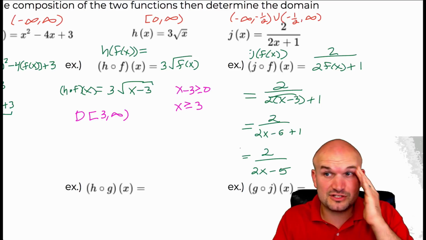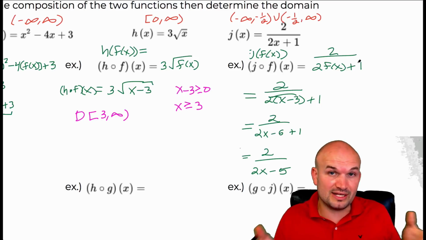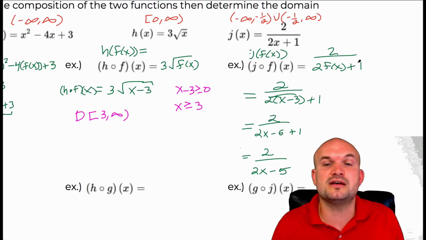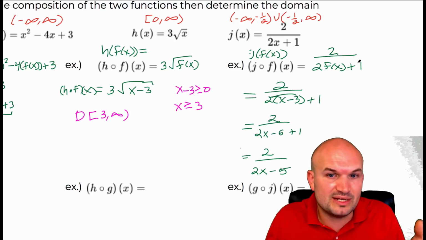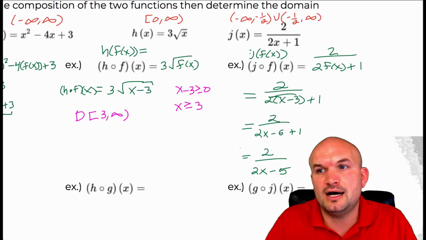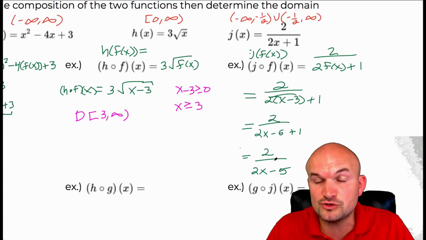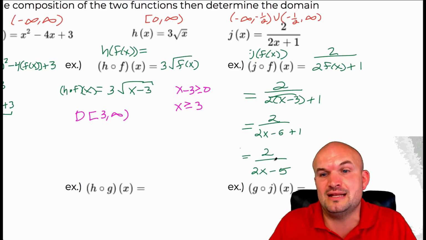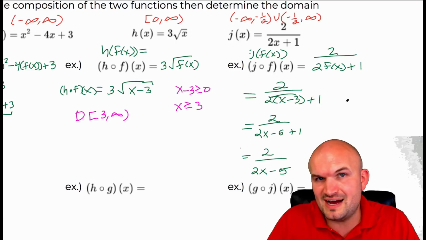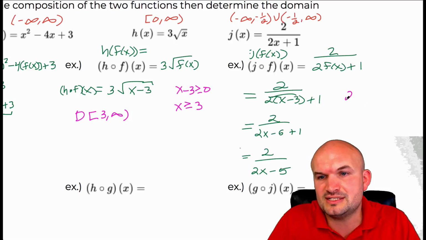Okay, so now let's go into our domain. So again, we're plugging in f of x, which is defined for all values. But once we plug it into our composition, we now have a new restriction on our domain. Because remember, the domain of a rational function is true for all values except for the values that make the denominator equal to 0. So we need to find those undefined values. So I'm simply going to take my denominator,